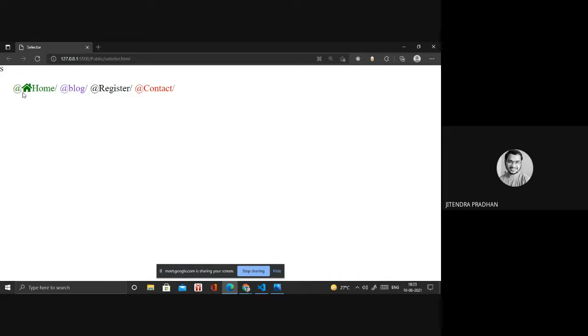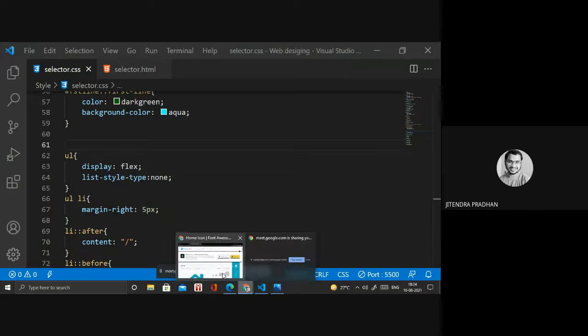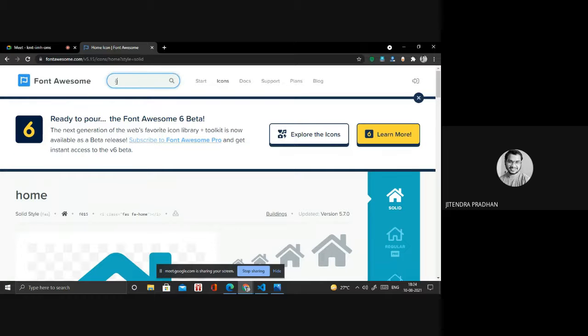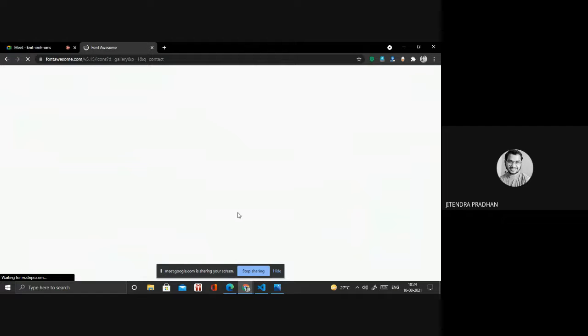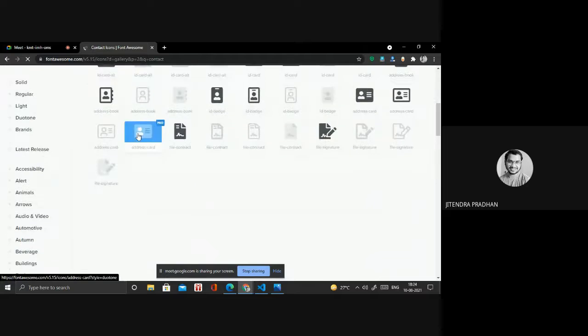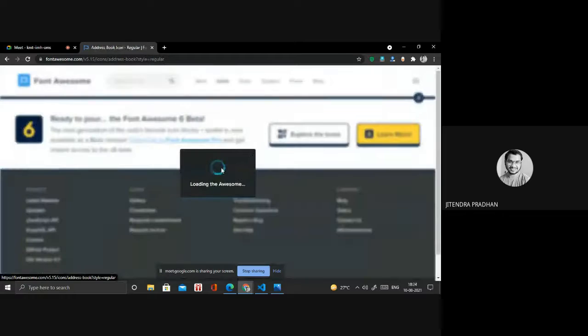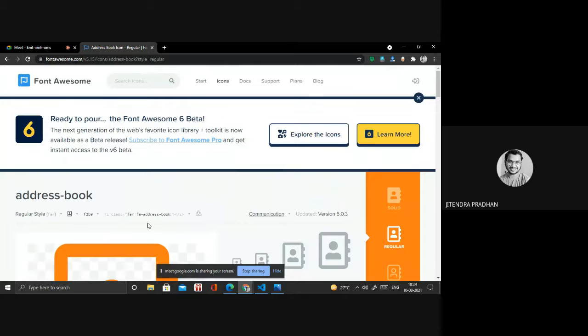all these things. Okay. So if you require any contact icon or any particular icon, then you have to search for the icon, contact, then go to that particular icon. If I select that one, address book, then I have to see what the class name is.